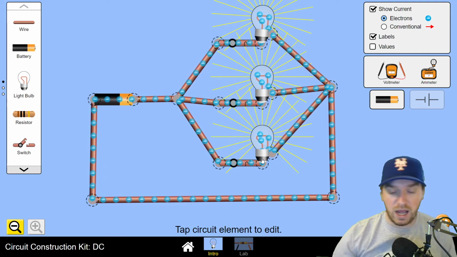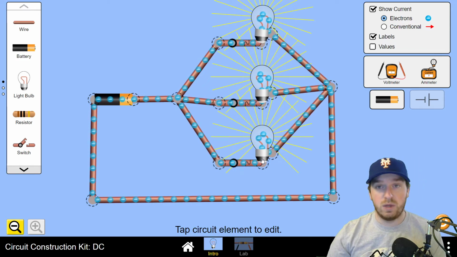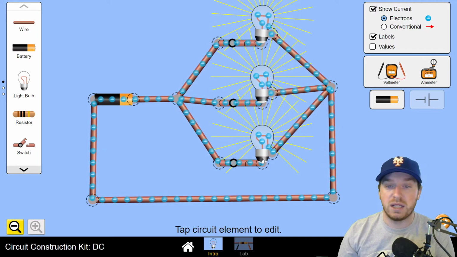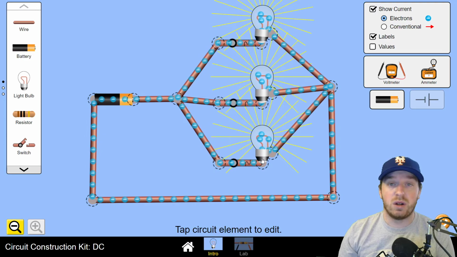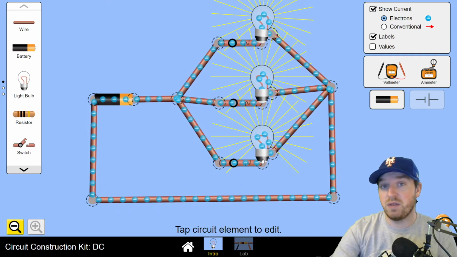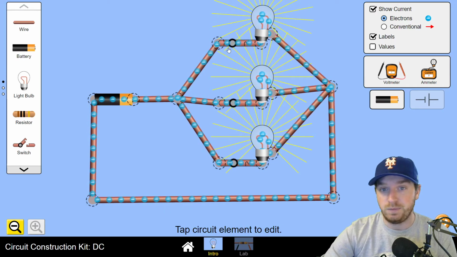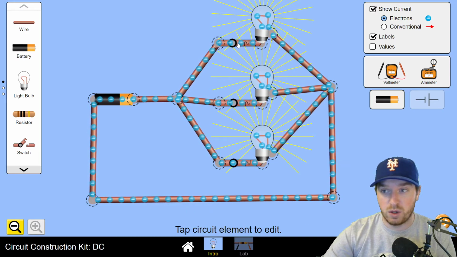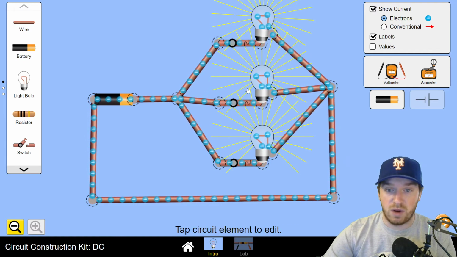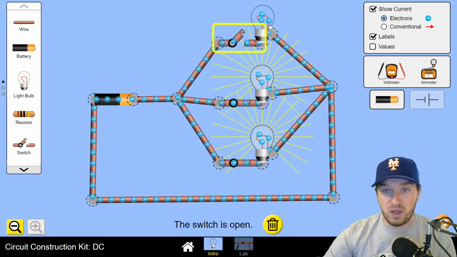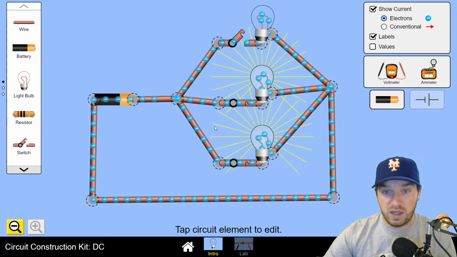I asked you at the start of this week, how is it possible that one light bulb can go out and still have a connected circuit? Well, the reasoning is because you have a parallel circuit. Now notice what is going to happen when I turn off the switch right here. I'm going to disconnect this switch. Think to yourself, are these 2 light bulbs going to go out? If I turn this off, you'll notice that this light bulb does go out, but these 2 do not,